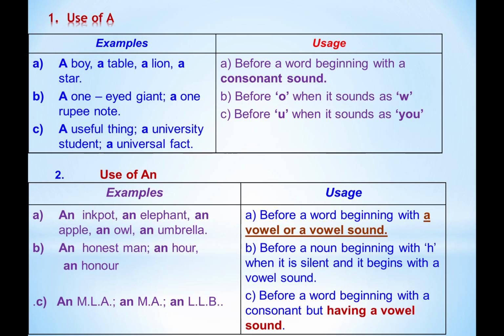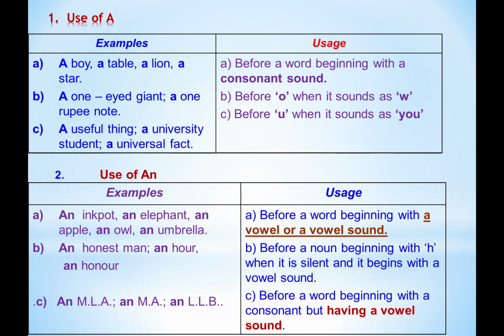Usage of "a": a boy, a table, a lion, a star, a one-eyed gent, a 1 rupee note, a useful thing, a university student, a university fact, before words beginning with a consonant sound. We have discussed the vowel sounds and consonant sounds. So with a consonant sound, other than the 20 vowel sounds, not 5 vowels, 20 vowel sounds. So before O, when it sounds as W,